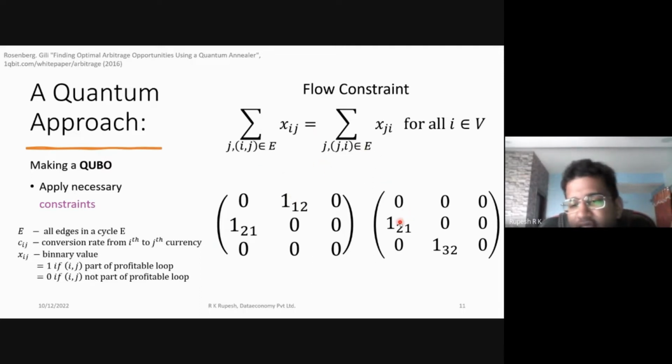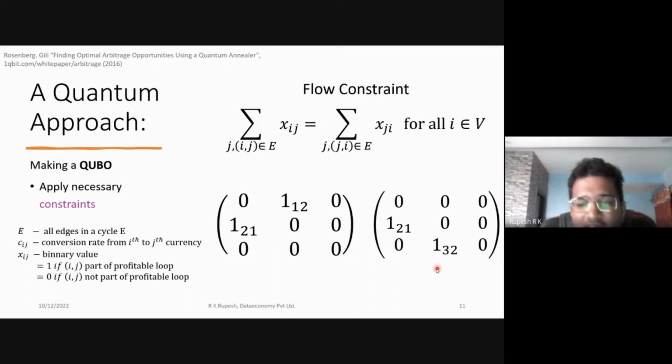But if you take this example, here we go from the third currency to the second currency, and then we hop from the second currency to the first, but then that's it. We don't have a hop from first to the third. So this can be thought of as a hopping where you go from 3 to 2 and 2 to 1, but then you're stuck there. You're not going back to your original currency.